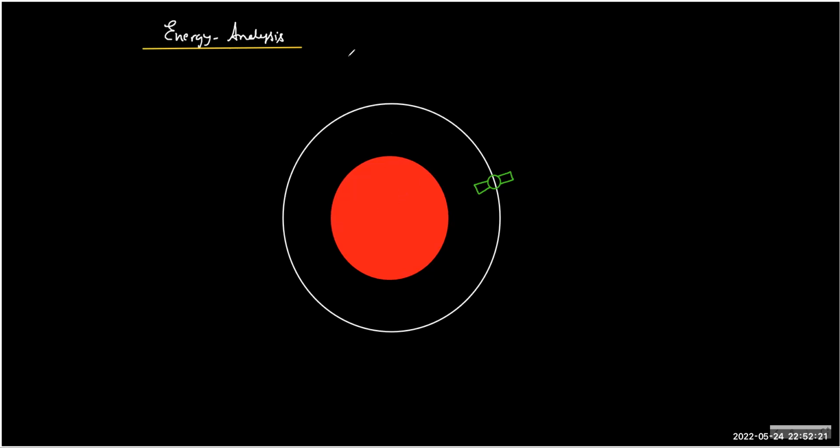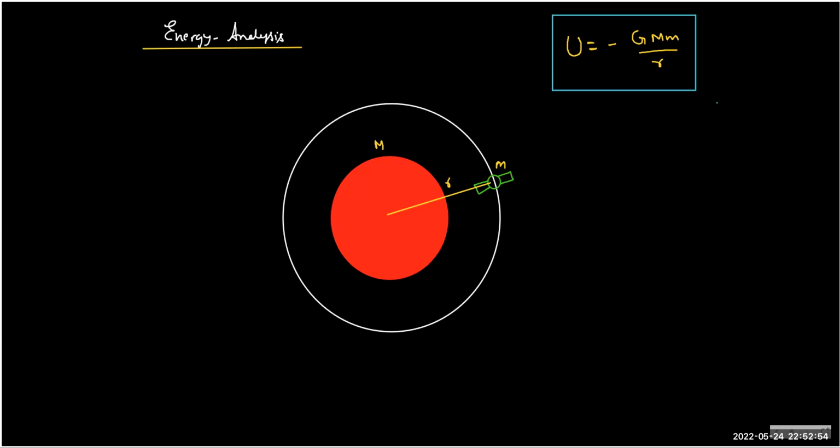So if I say the distance of the satellite from the planet center is r, and the mass of the planet, let's call it m. So the mutual potential energy, because it's an attractive force, will be negative G product of mass upon separation, just like electrostatics. The only difference is here the answer will be negative because it is an attractive force, so work has to be done against it to maintain the kinetic energy. Yes, correct. So now we got the potential, which is very easy.